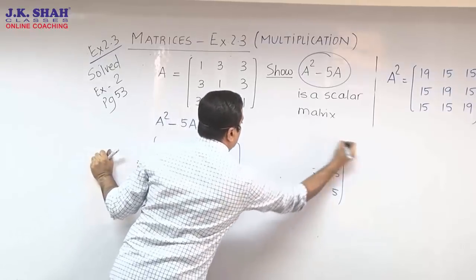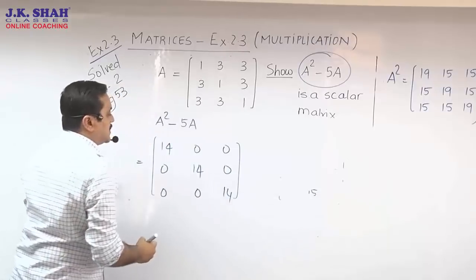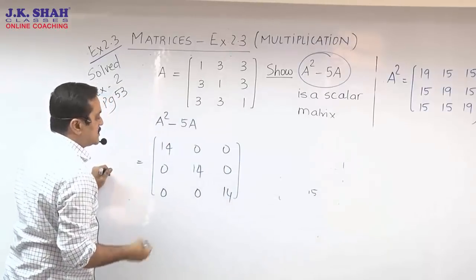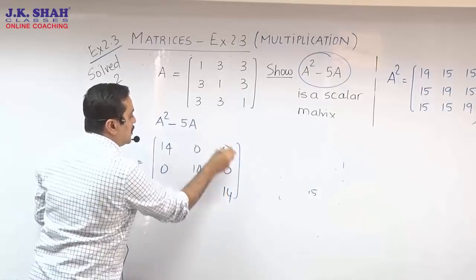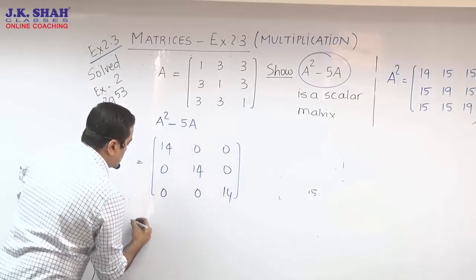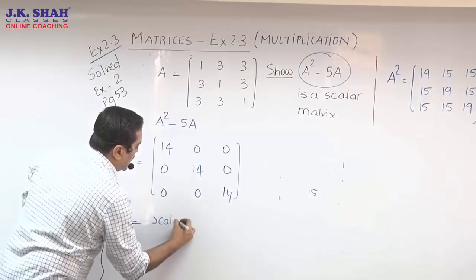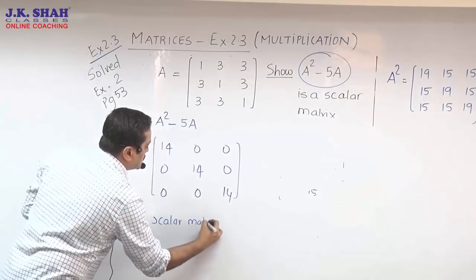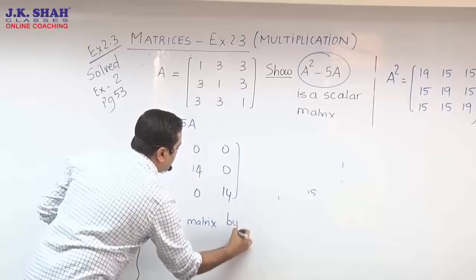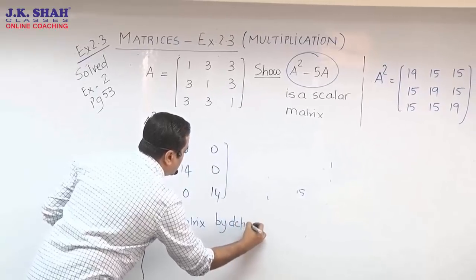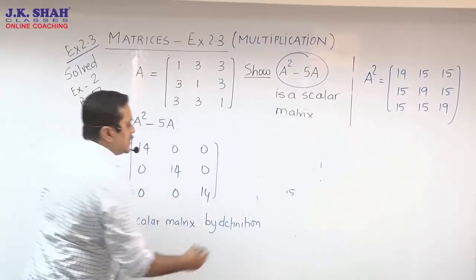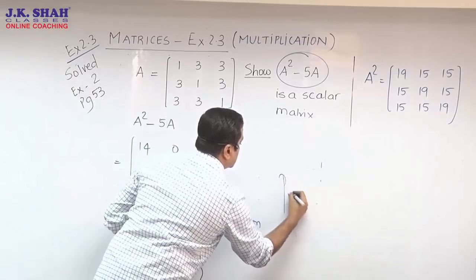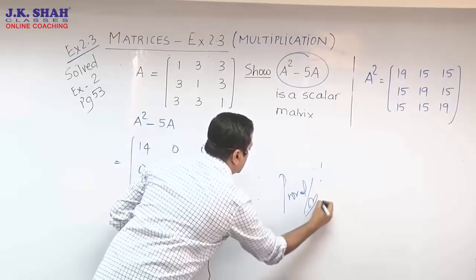I think you all can see it has taken the shape of a scalar matrix. I remind you, in a scalar matrix all the diagonal elements have to be equal, non-diagonal need to be 0. So we say it's a scalar matrix by definition. Did not bother definition क्या है, लिख के छोड़ जाओ. Scalar matrix by definition, and then we say it's proved with love.